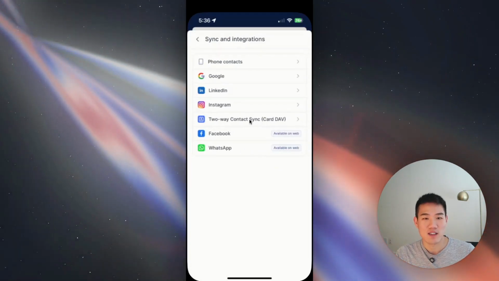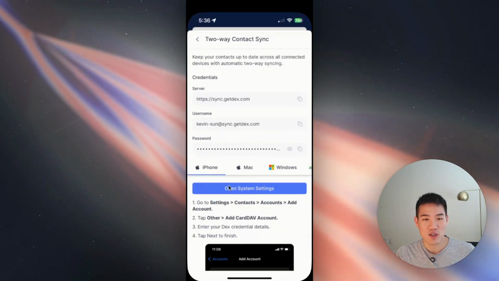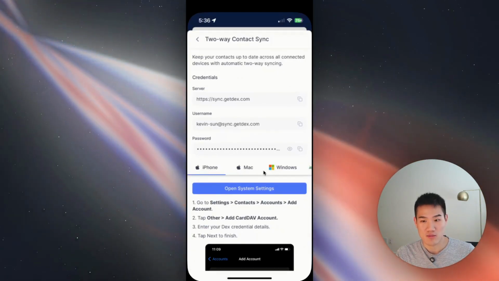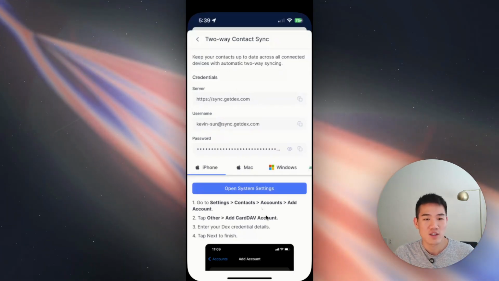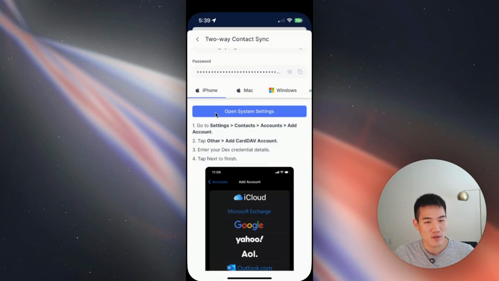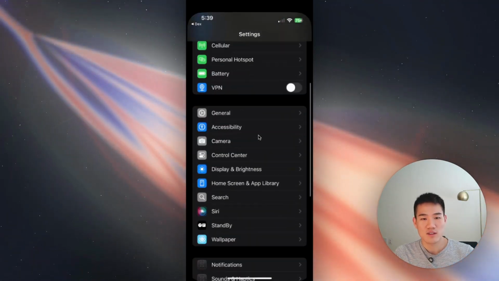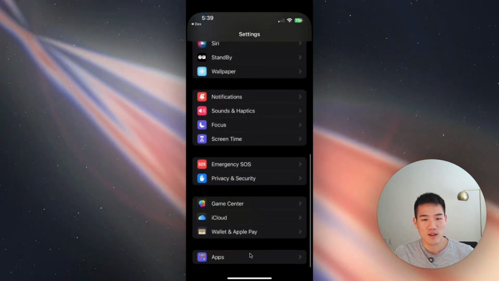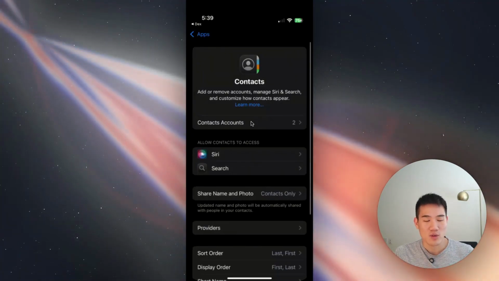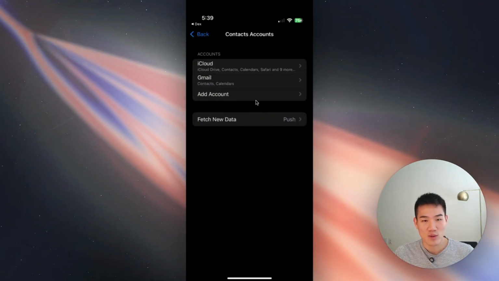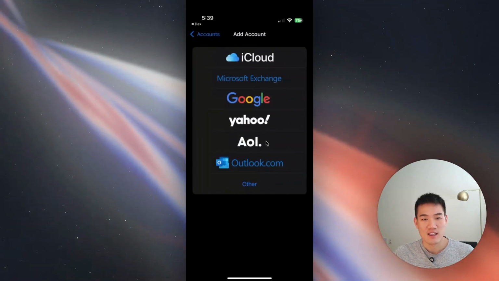After that, I'm going to go ahead and open up the two-way contact sync option, and here I'll see instructions for the iPhone. With the contact sync panel here, you can just follow the instructions that we've listed. So here, where it says open system settings, we have a button that will lead you directly to the system settings. And if you scroll down in system settings, you can go ahead and open up apps, search for the contacts app. And with the contacts app open, you can add a contacts account, which is what we need for CardDAV. If you click add account and then click other,